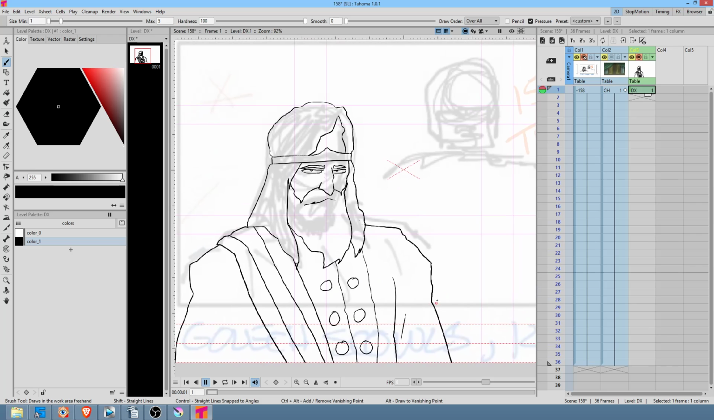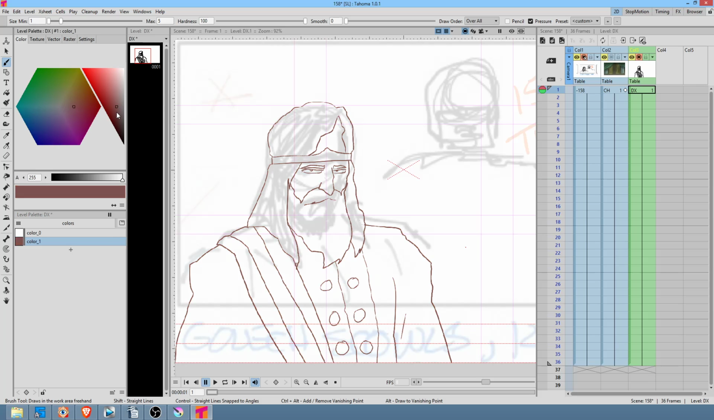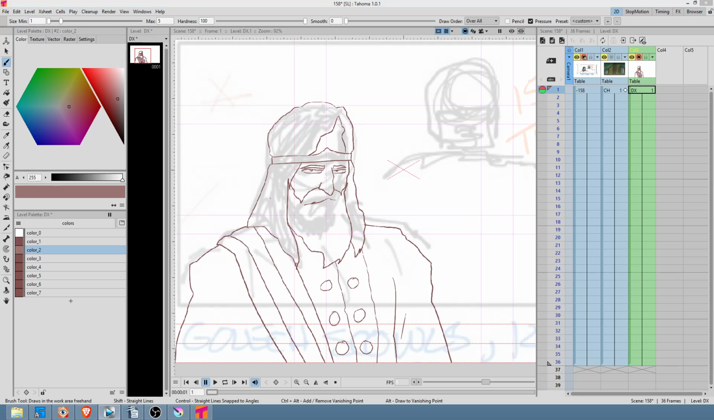Okay, that's it. So now here's what we're going to do. Let's go ahead and color this guy. And by the way, one of the nice things about Tahoma or OpenToonz is you can change the colors after the fact. So now what I'm going to do is go boom, boom, boom. Okay, and I'm just going to guess. I'm going to say, well, I guess Vespigi's hair is kind of a fading brownish,